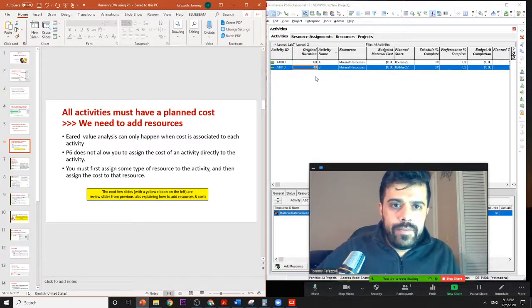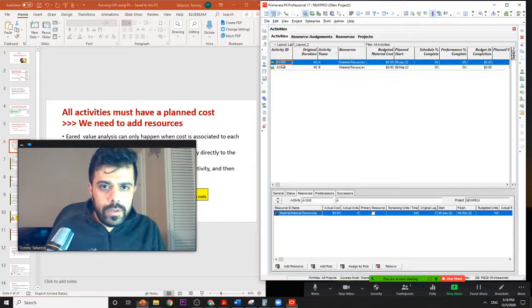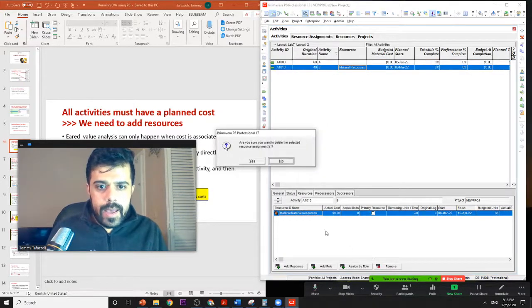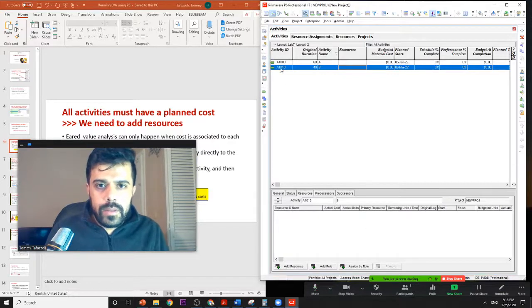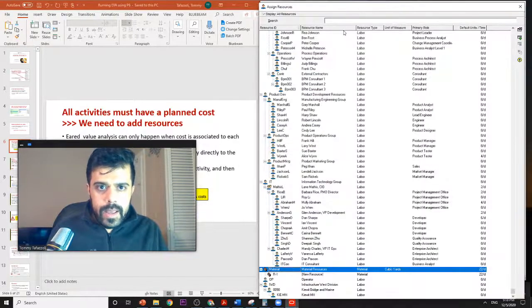So we already have the resource column activated. The easiest way to add a resource is to click on that activity, and in activity details down here, you should click on the resource tab, so you have that activated, and you then can add a resource. So you already have a resource. Let me remove my resource so you will learn how to add it. So you click on the activity title, you go to the resource tab, you go to add resource,